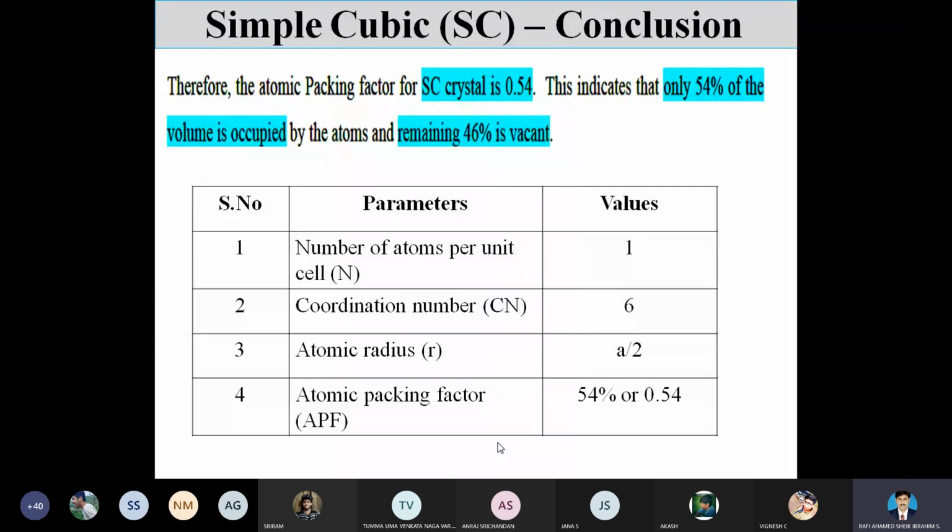So I would like to stop up to this because I am not able to proceed further. If you have any doubt, you can ask your doubt now. Do you have any doubt? If you know this parameter, then you can go for the other structures also. I have given the material. You go through that material, then you can know what the changes are.